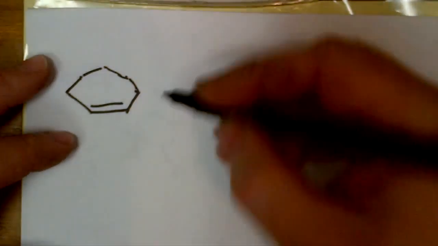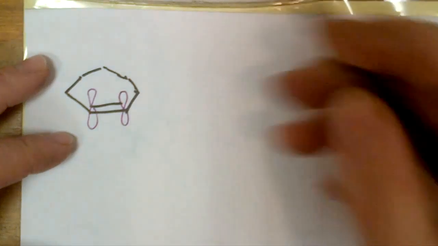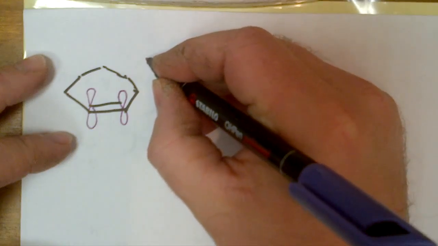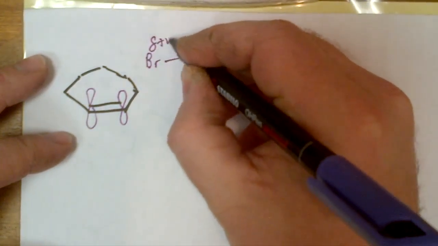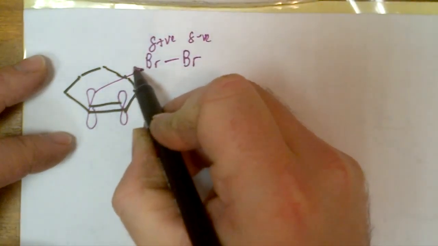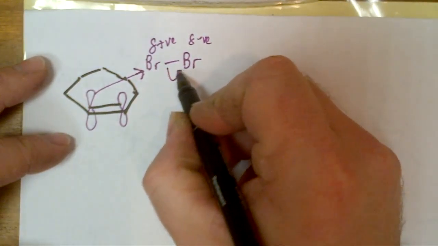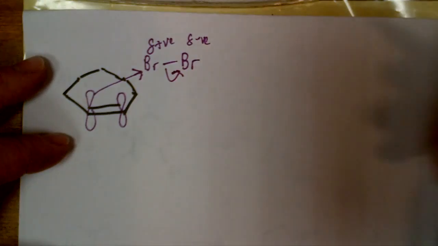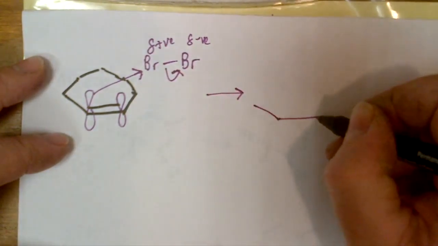Right, so again, reaction with bromine, so we'll put the orbitals in at this point, so we'll use a different pen, put the p orbital density in here. Reaction of bromine, so we'll take Br to Br, and we'll induce a delta positive, delta negative in this bond. The nucleophilic alkene system attacks the antibonding orbital of this bromine, and we break this bromine to bromine bond at this position, and we form first of all